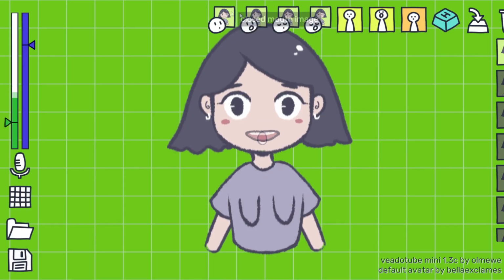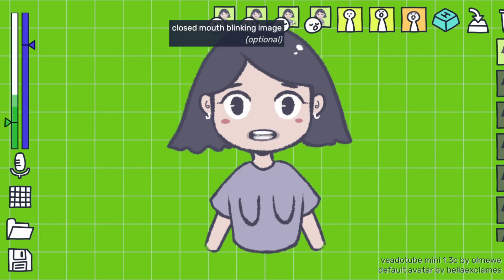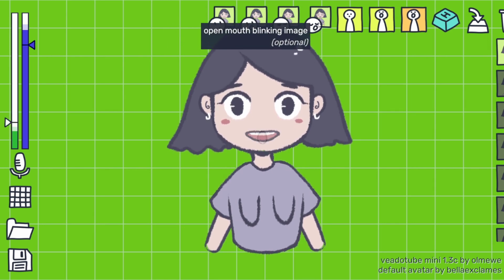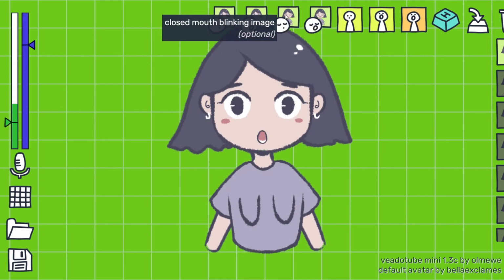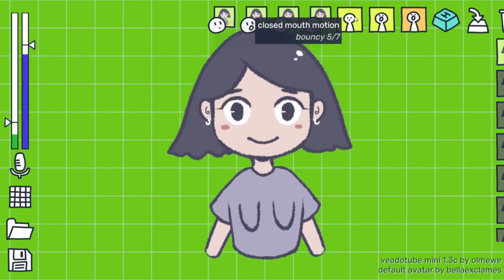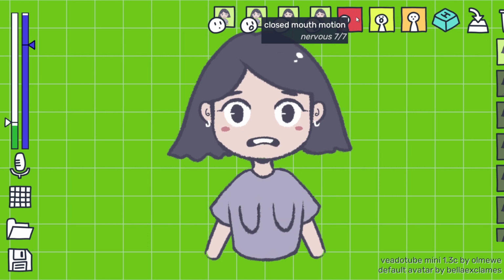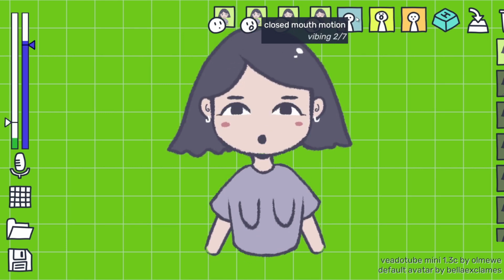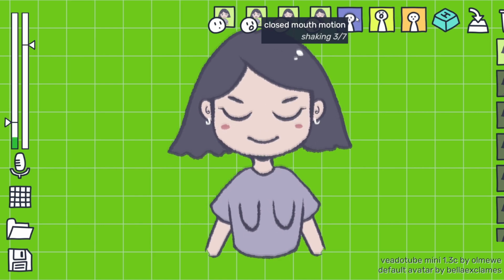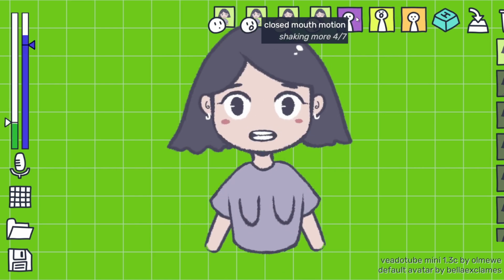So now let me show you the different expressions that are required to create your VTuber. We have the closed mouth, open mouth, closed mouth blinking, and open mouth blinking. And these are motions for when she's not talking, she's vibing. When she's not talking, she's shaking.